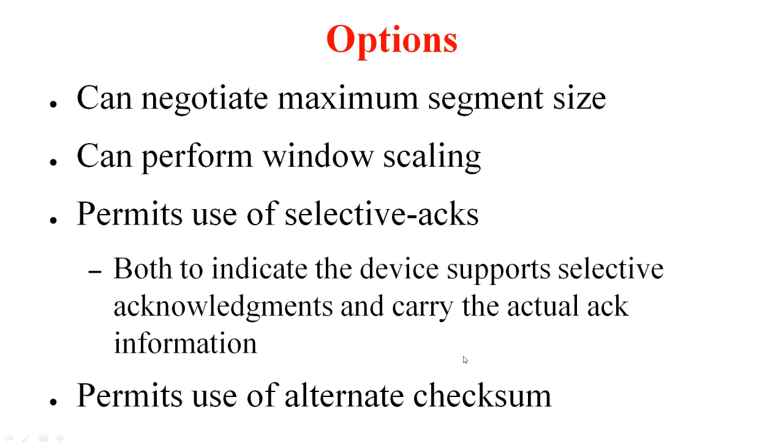So these option fields are used during the connection setup time to negotiate certain parameters, and they are also used later to carry certain information to implement certain functionality. For example, you could use option fields to negotiate maximum segment size. For example, A may tell B that it wants to use a maximum segment size of 1 and B may tell A that it wants to use a maximum segment size of 2, in which case both of them will use the minimum of these two values as the segment size as part of the connection.